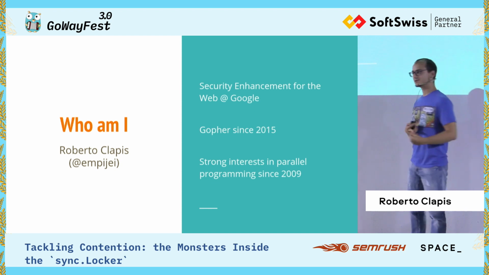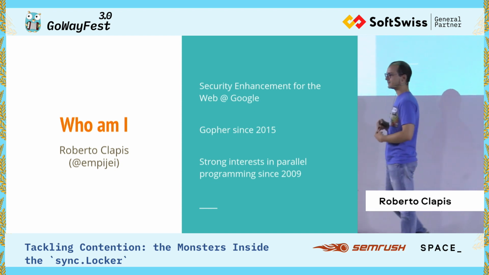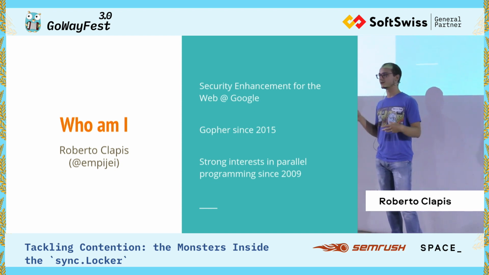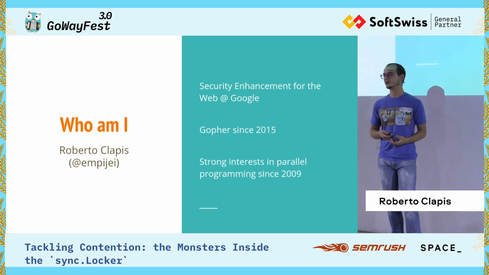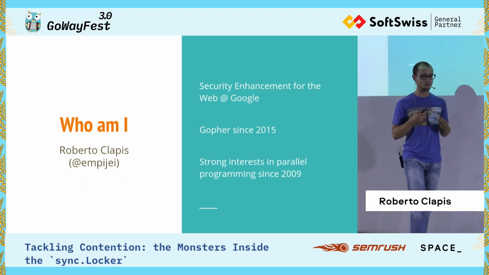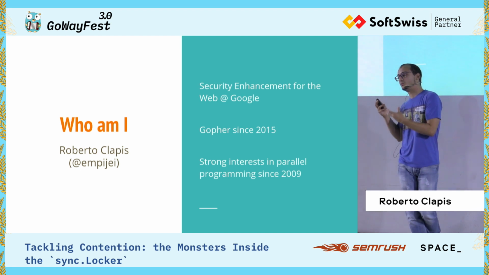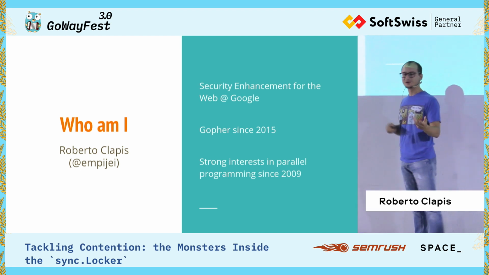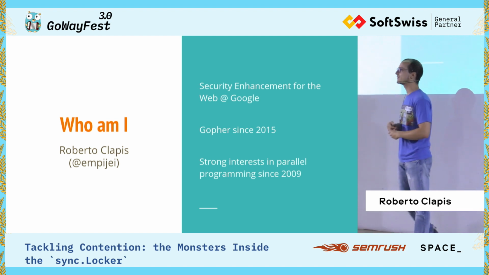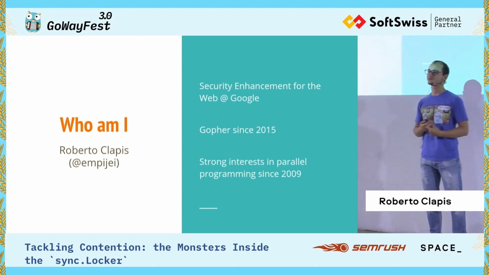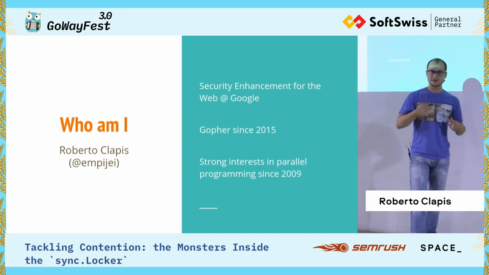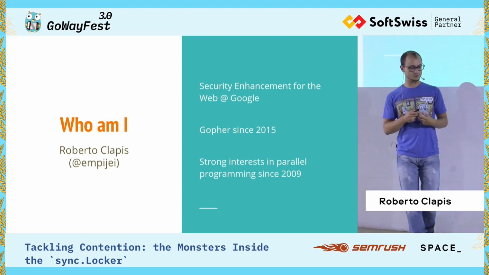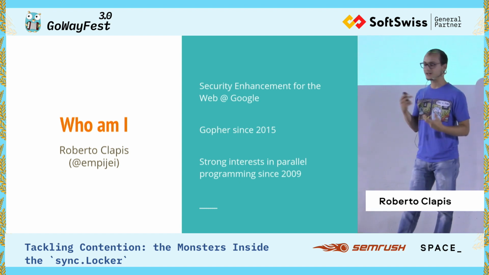It's been since 2009, so 10 years now, that I've liked parallel computing and all of that. In the beginning, I used to do this with Go, but in Python. So I already had this idea of channels and all the locking and unlocking, but if you try to do that in other languages, it just doesn't really click. When I came to Go, I found out that it was really, really nice.